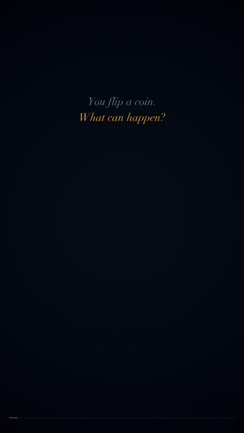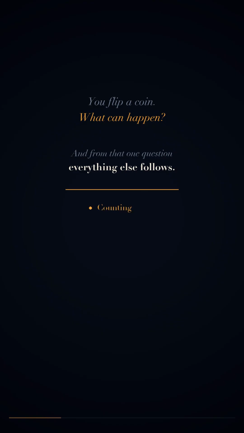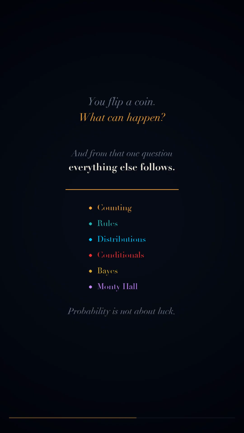Probability starts with the simplest possible question. You flip a coin. What can happen? And from that one question, following the logic wherever it leads, you end up with Bayes' theorem, conditional reasoning, and results that contradict every instinct evolution gave you. The coin does not lie. The die does not lie. The maths never lied. But your brain will, confidently and repeatedly, because it was built for a world of saber-toothed tigers and seasonal fruit, not for a world of false positive rates and conditional probabilities.